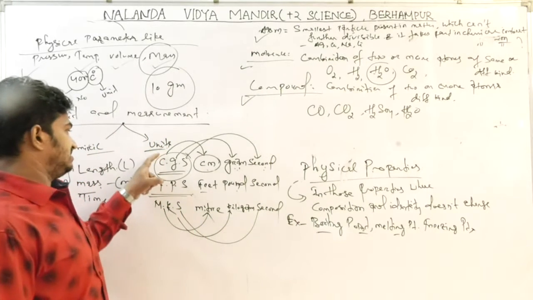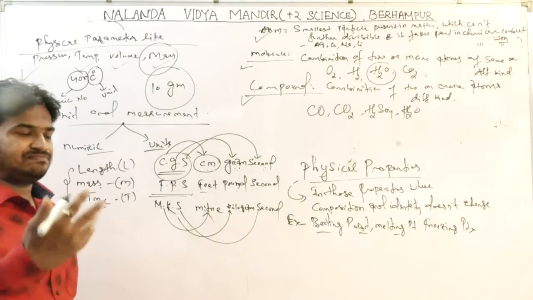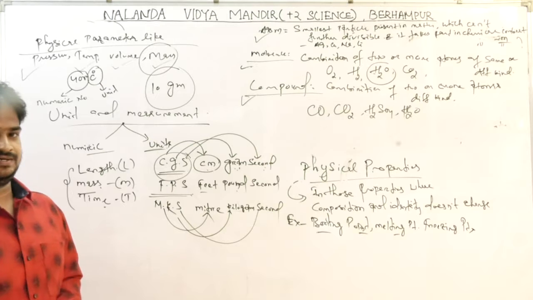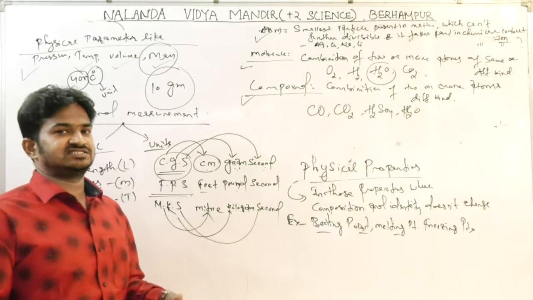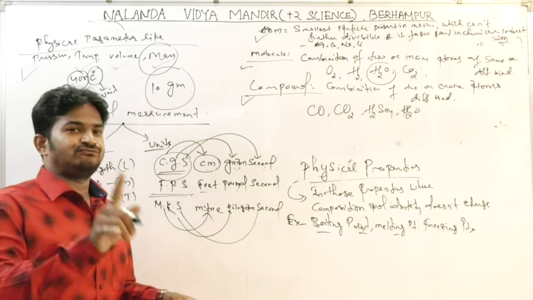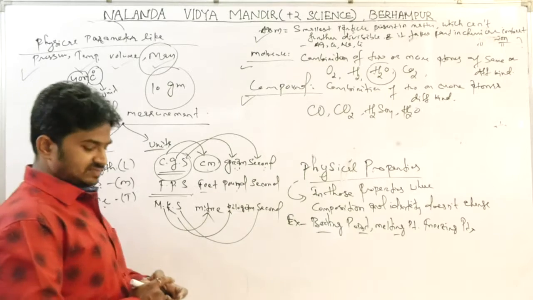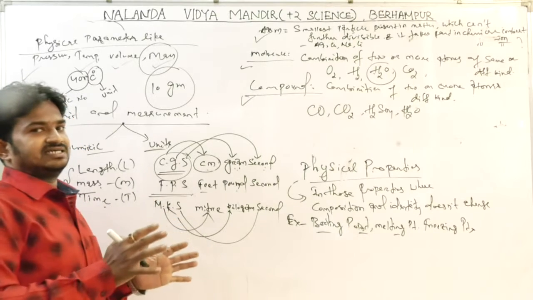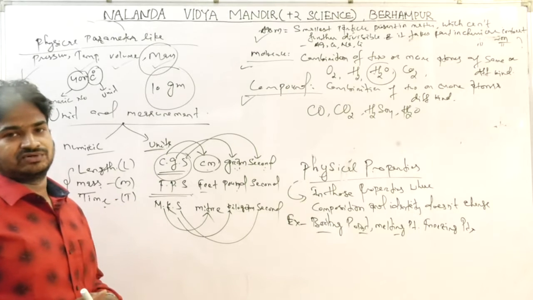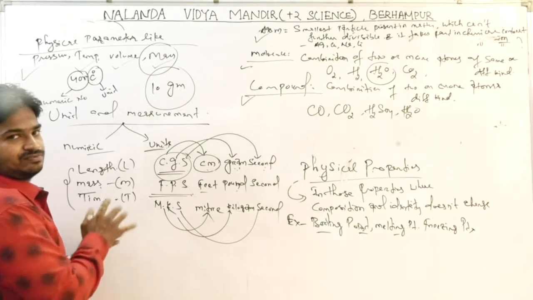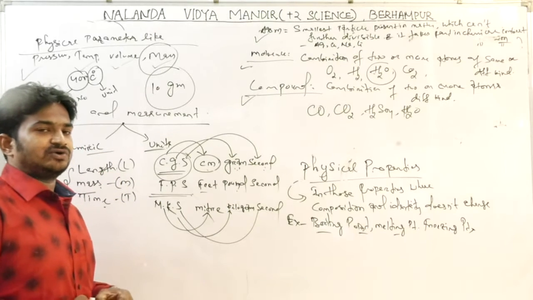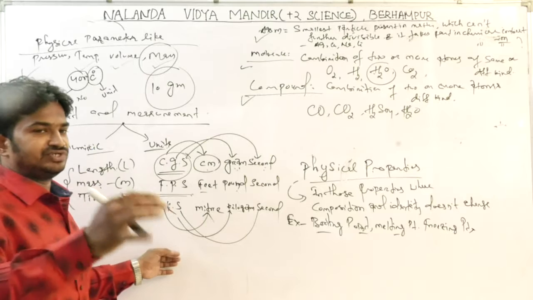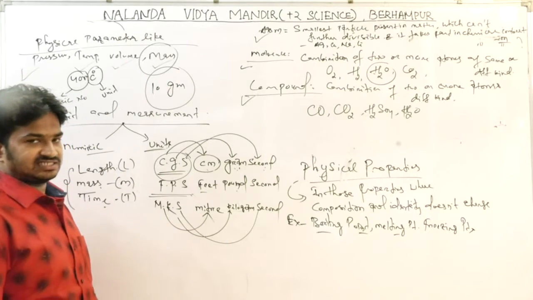So in the earlier stage, these three types of systems came. After that, the final one, the international system, the SI system, came into existence. All the countries and international organizations were bound to follow it. According to the SI system, 7 basic units were found. Up to a certain time there were only 3, but at the final stage, according to the SI system, the international system of units and measurement, 7 basic units were revealed. And those 7 basic units are